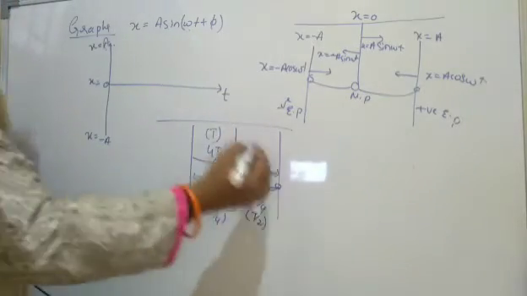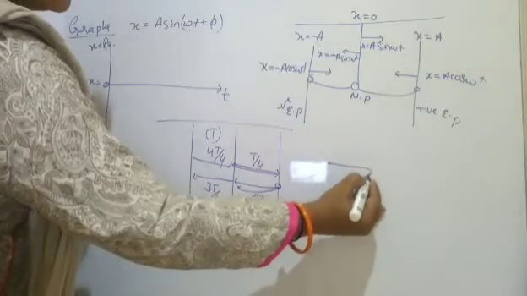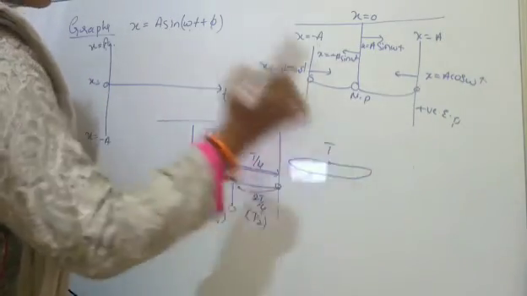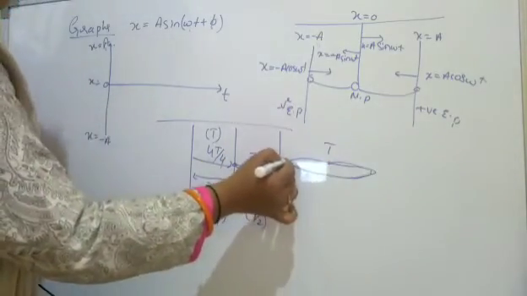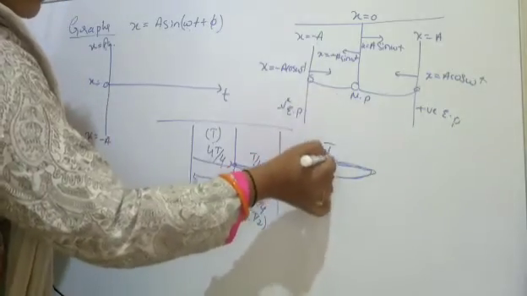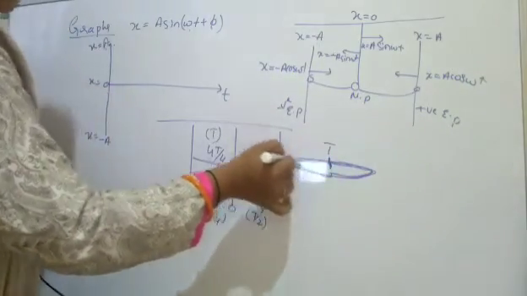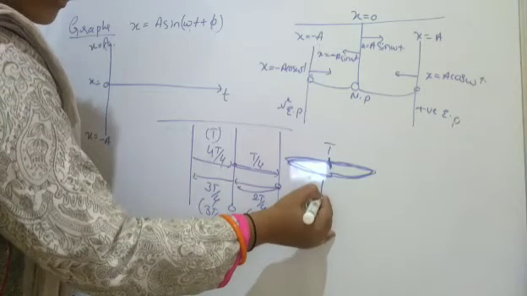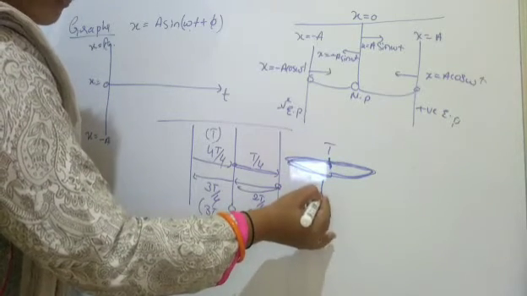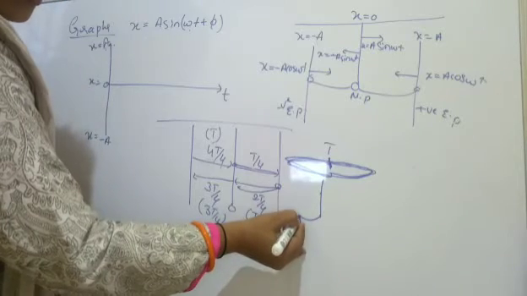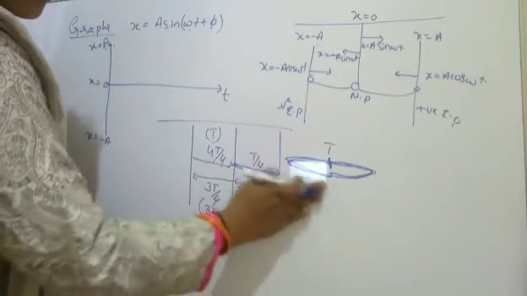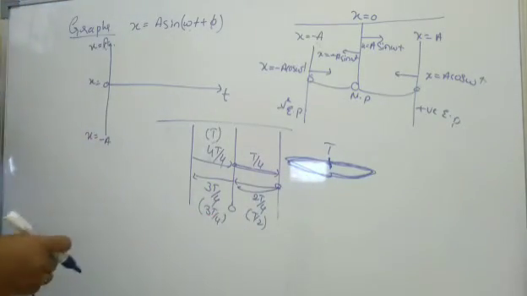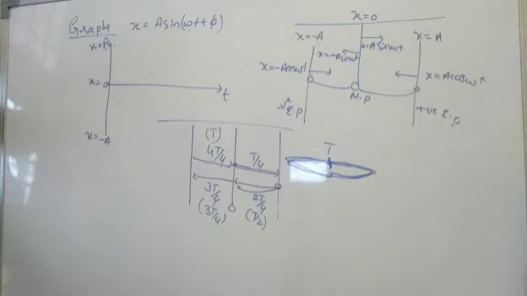That means the particle is moving from here, here and here. So this completes one oscillation, which is to and fro motion. If you go ahead with the extreme here, it will come from the extreme point to the mean position, next extreme, mean and extreme. So this completes one oscillation. The time required to complete one oscillation is 2 seconds, that we already know. 1 second is for the to motion, and another 1 second is for the fro motion.